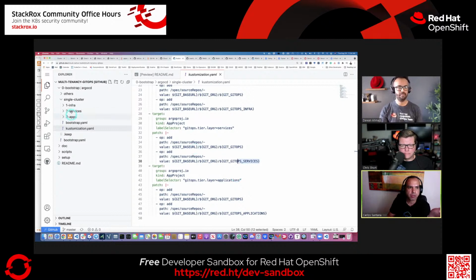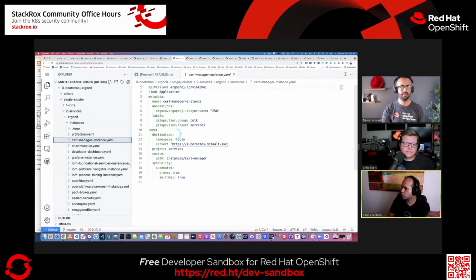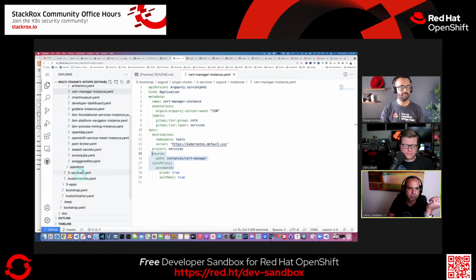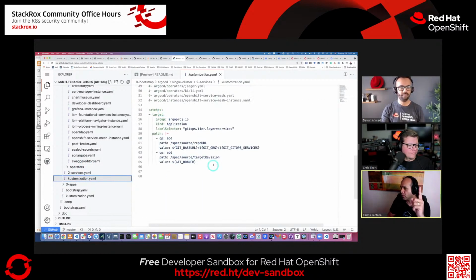And for example, if you go now to the instances, there's no source URL. So actually the editor will tell you that you have a bad Argo. But the thing is, I don't want people to continue putting URLs in their Argo apps. Basically, they're going to go into the customization file in here at the bottom, and this is the new section. So now you go to one file to update the Git URL and the branch. So you put your branch in here saying main, and then in here you put